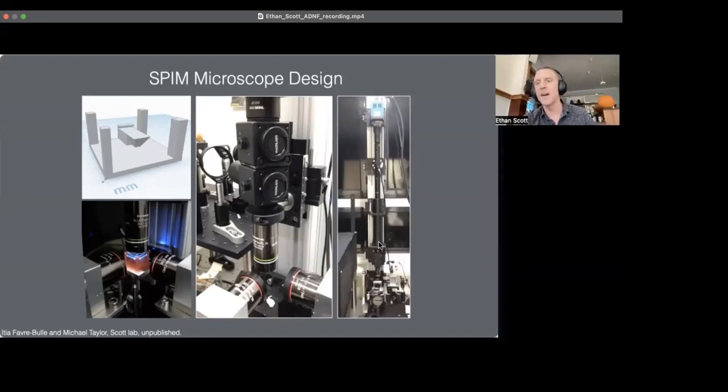And this gets at the key of how we minimize off-target sensory stimuli. We have the goal of doing volumetric imaging, but we don't want to move the animal through the plane in order to do volumetric imaging because we don't want to introduce, say, vestibular stimuli or water flow stimuli. We don't want the imaging objective pistoning up and down above the animal because we don't want to produce sound. We don't want to produce water flow there. So the solution employed by Idia Favreboul, one of the physicists in the lab, was to put an electrically tunable